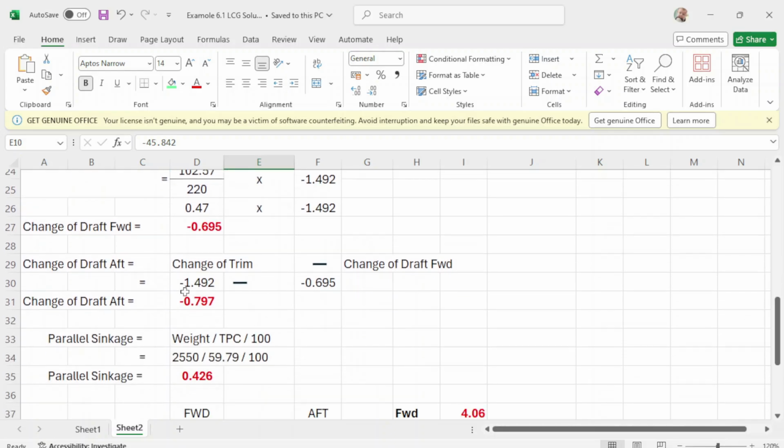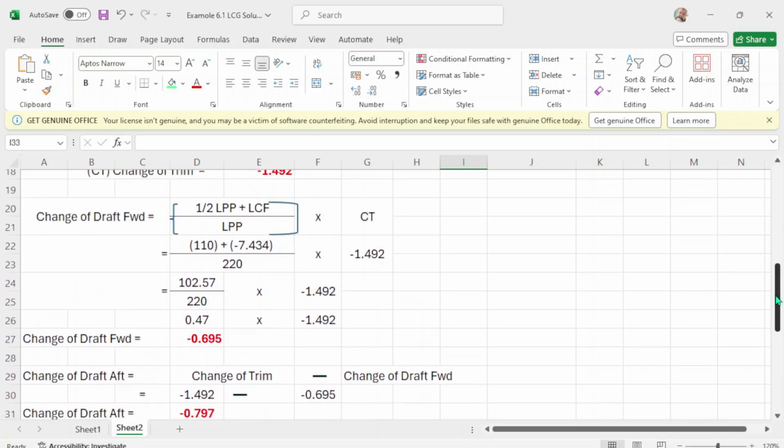Now to get the change of draft aft, the formula is change of trim minus your change of draft forward.